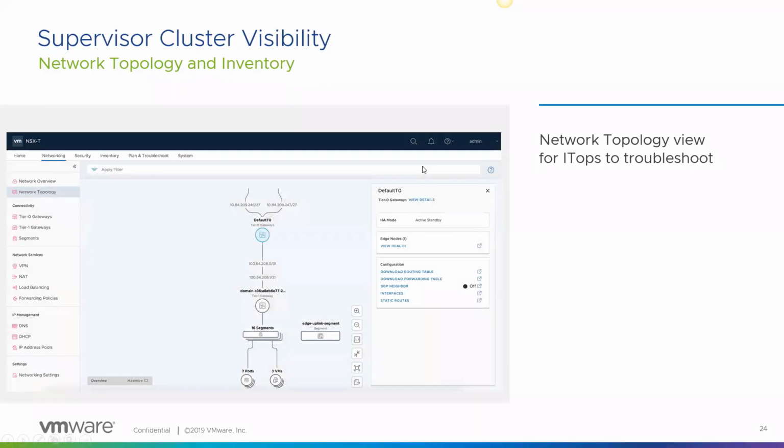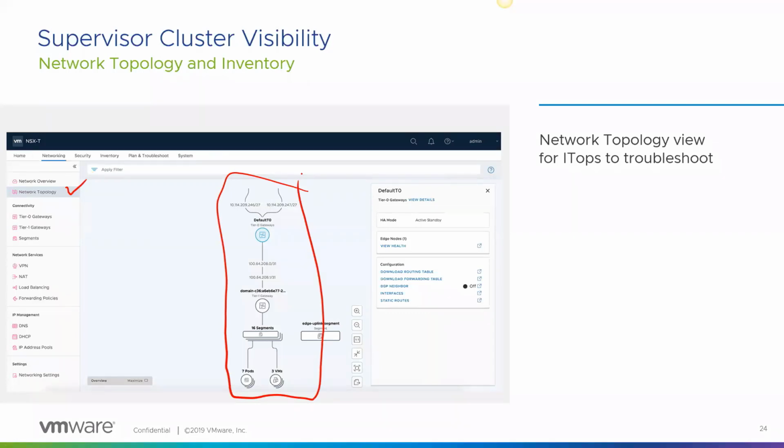So let's talk visibility. As we said, the last thing that it provides is visibility. I can't troubleshoot something and I can't protect something if I can't see what's going on. So in NSX-T 3.0, we have this new construct that's available called network topology. It wasn't there before. So if you go to network topology, you will notice you can see your network topology. Maybe not the prettiest diagram, but the point is you can see.